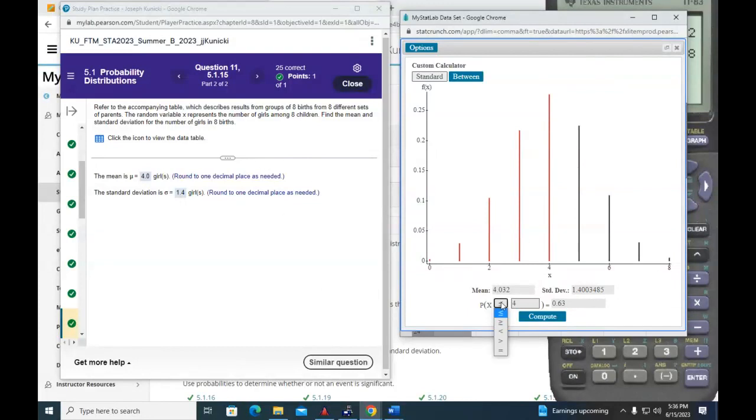Let's see if that's true. If I do x less than or equal to 2, 1. See, it's less than 5%. So 1 is significantly